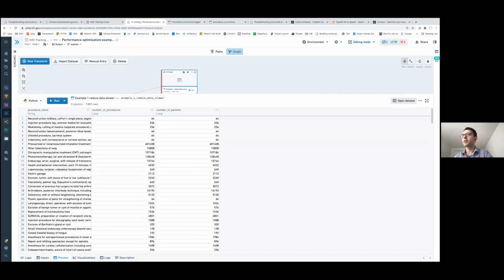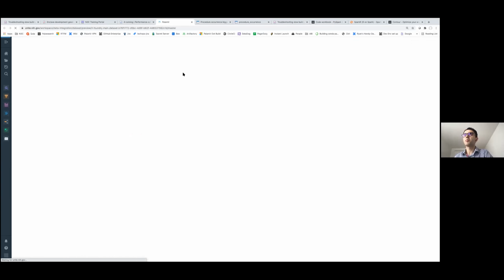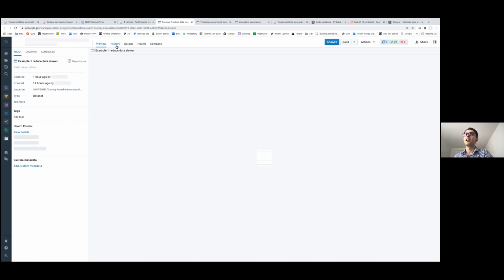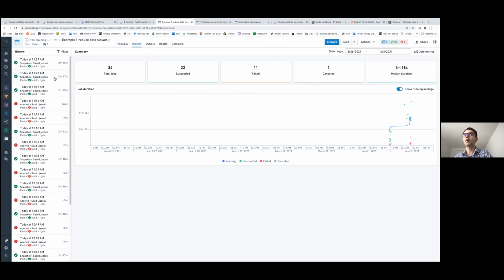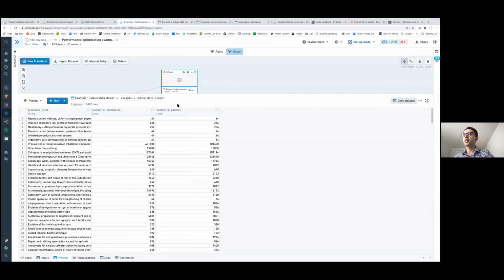If I open the data set, I ran the query before the presentation to save some time. And if you look at the history tab here, the history tab gives you the history of all the builds. This one ran in a little more than 2 minutes, which is still quite fast given the size of the input data. But let's compare with this other query here,